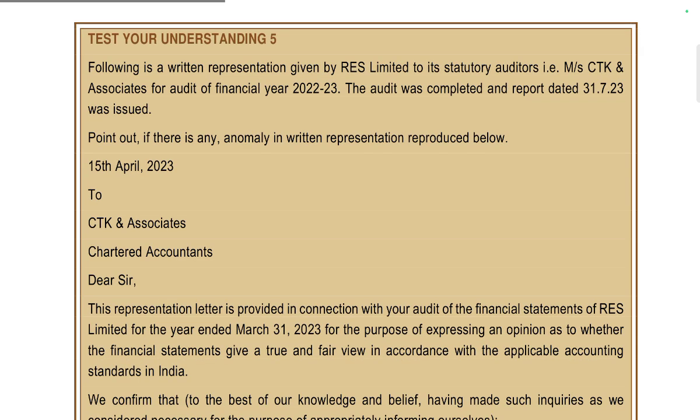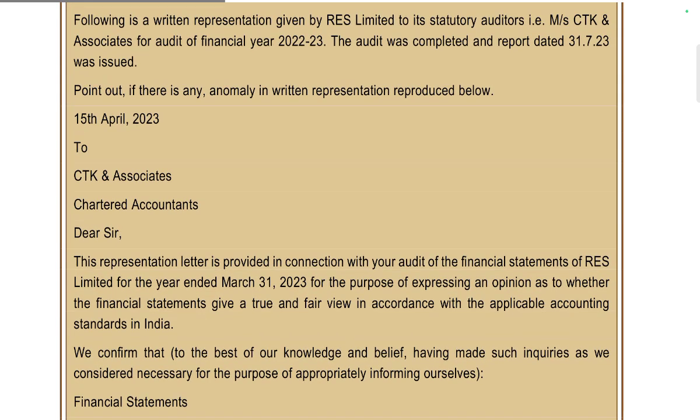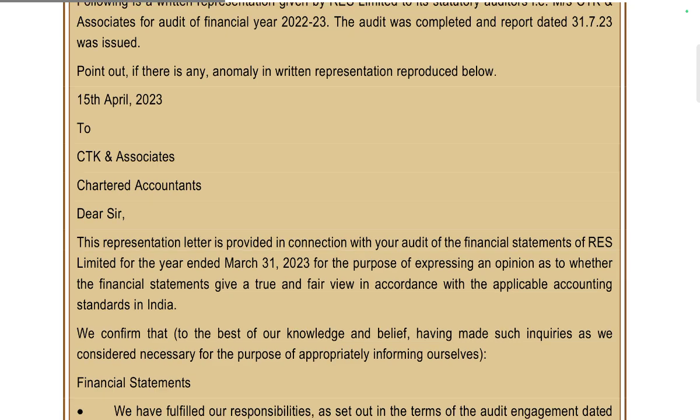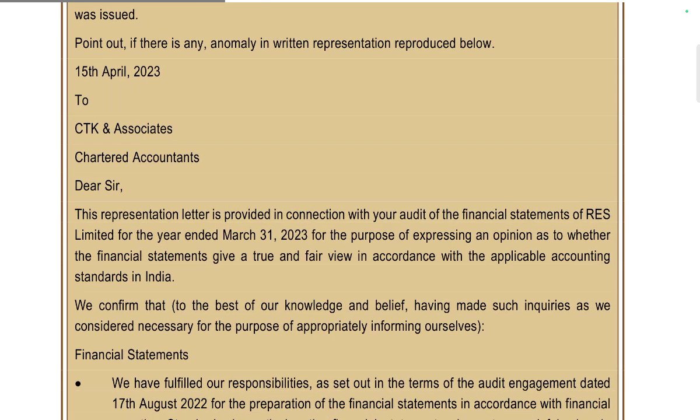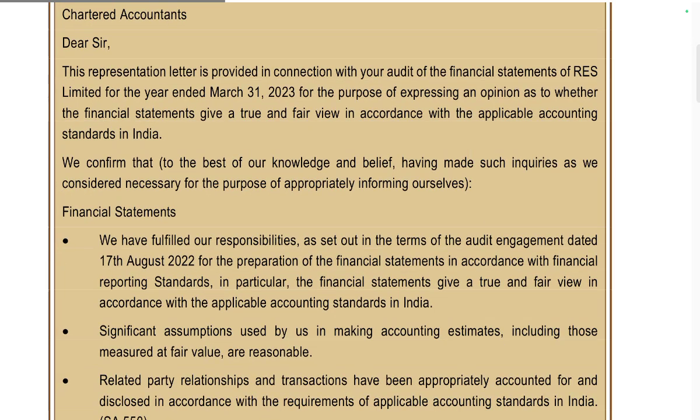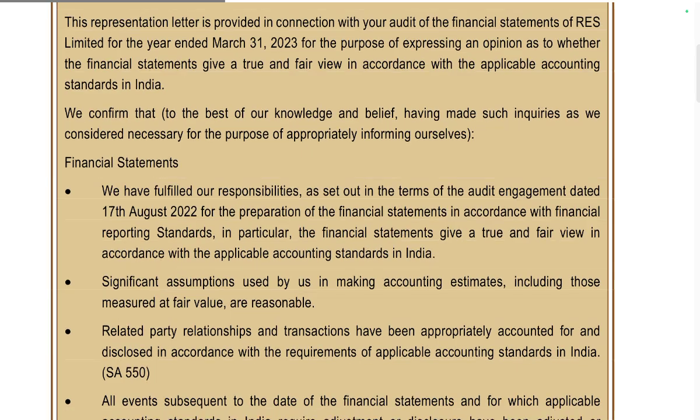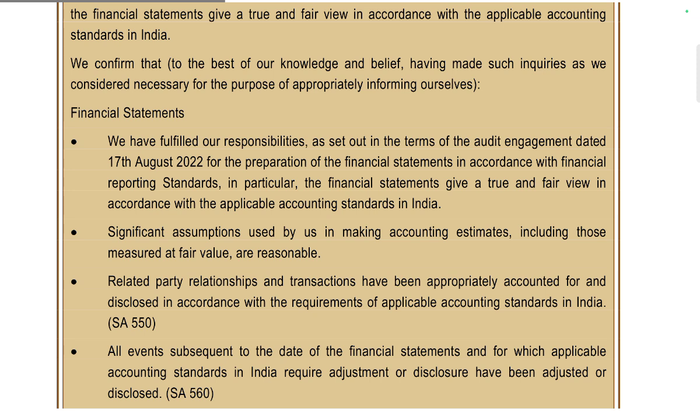Following is the written representation of the company, addressed to CSK and Associates, the auditors. This representation letter is provided in connection with the audit of the financial statements as of 31st March, for the purpose of expressing an opinion on whether the financial statements give a true and fair view in accordance with the applicable accounting standards. We confirm that, to the best of our knowledge and belief, having made such inquiries as we considered necessary for the purpose of appropriately informing ourselves,